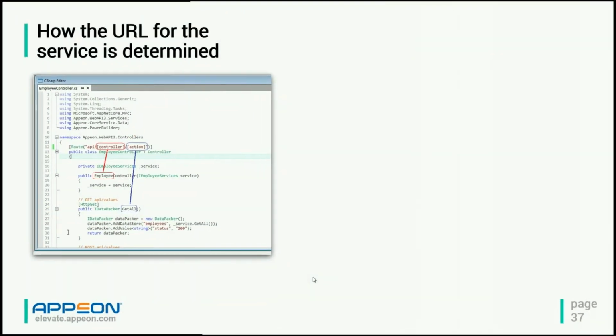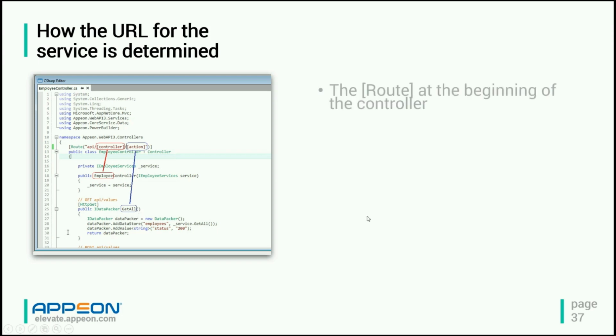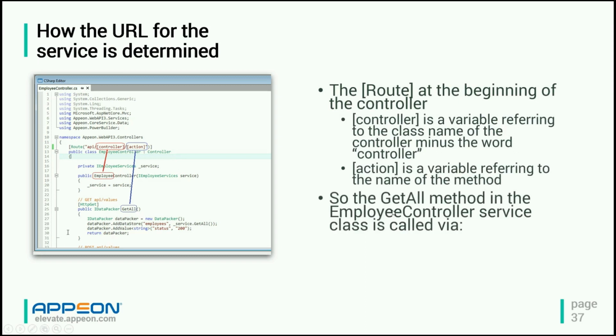So you might wonder, how exactly does the controller determine what URL we need to pass in order to call the particular methods? That's handled by the route tag at the very beginning of the controller. These are variables that are stuck into the route so that you don't have to actually code URLs for the specific method. What this will do is look to see what the controller name is, strip off the word controller so that this becomes employee, and then take the method name and include that there. So if you have, in this case, the getAll method of the employee controller class,